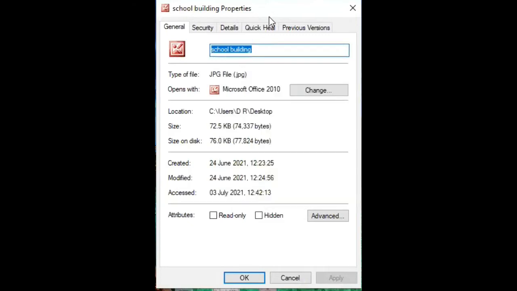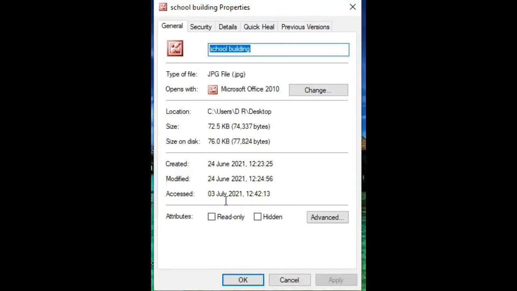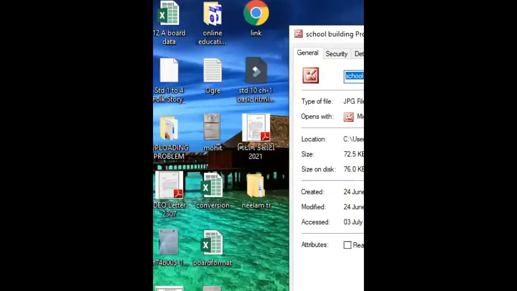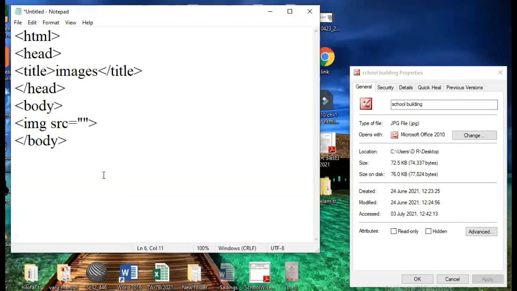Earlier I told you that if the file that we are creating and the file that we are linking in our HTML file are both in the same folder, at that time we don't require the whole location, but we can simply copy paste the name of the file and the extension of that file. So right now the file that we are creating, I am going to save on desktop, and this image I am taking is on desktop, so I am taking this relative address. So relative address is nothing but the name of the file and extension only.